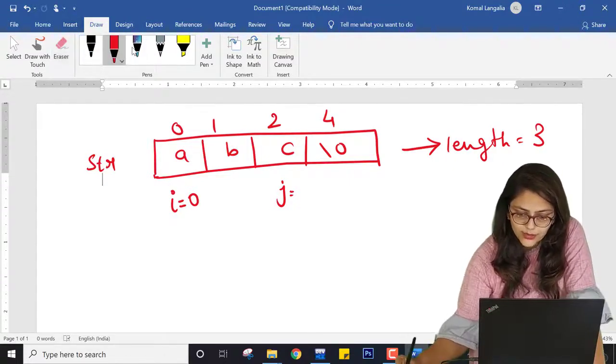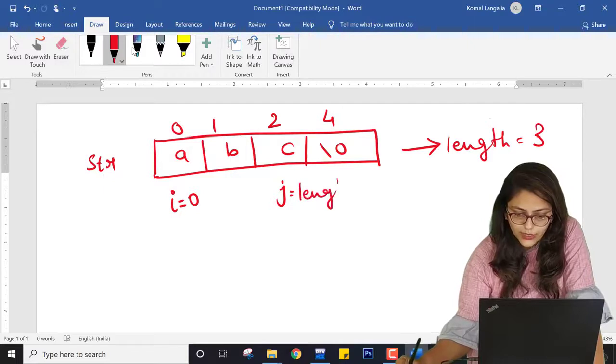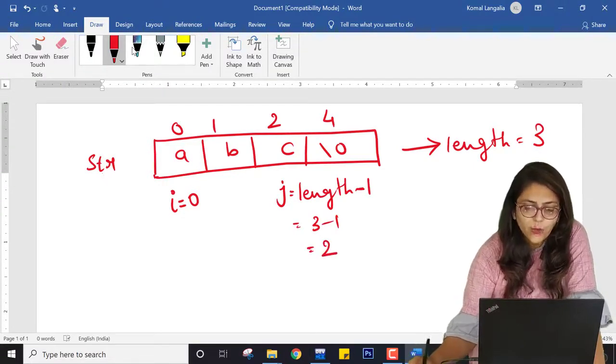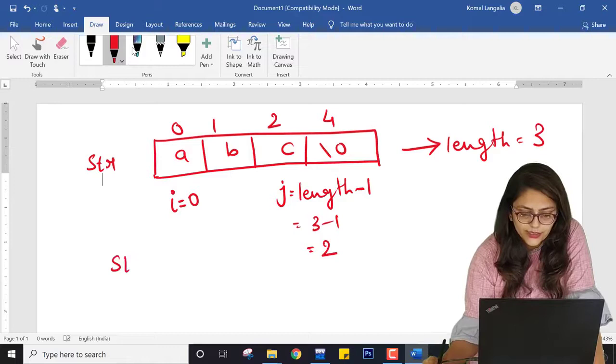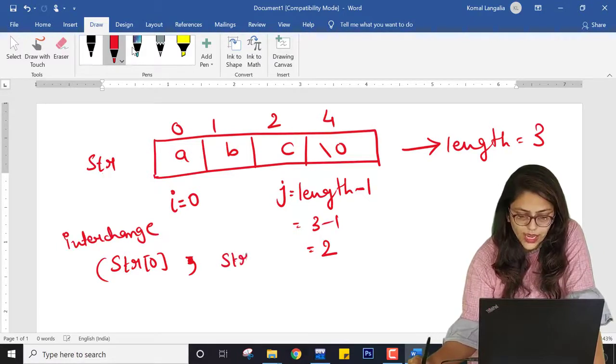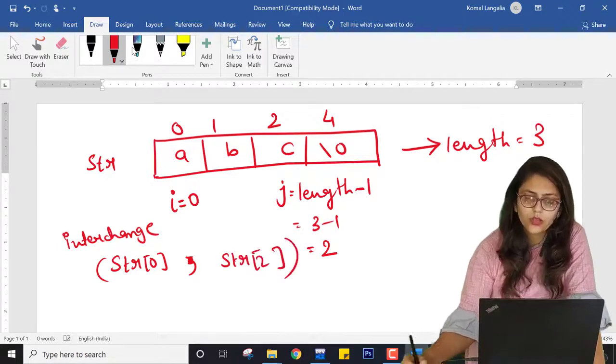I hope you guys are understanding. So here it is length minus 1, that is 3 minus 1, so J will be starting with 2. Now I am going to interchange str of 0 with str of 2.